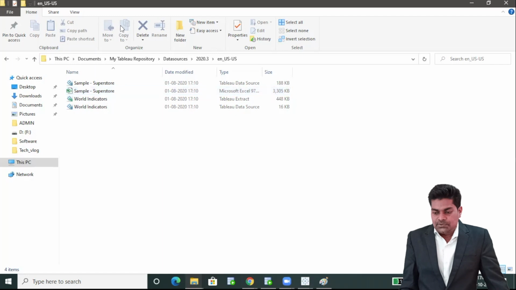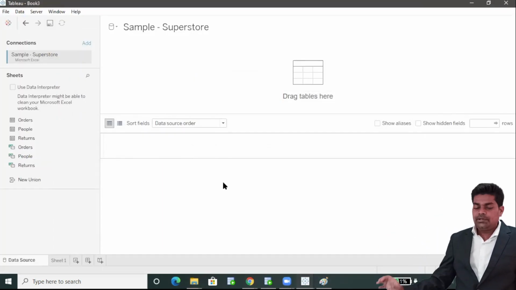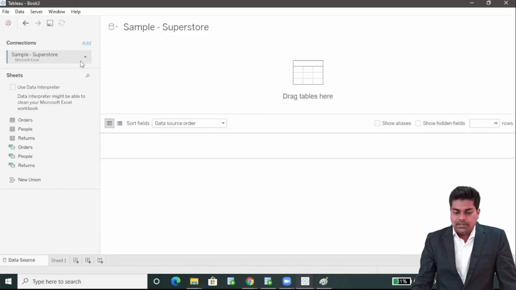So this is the Excel. Let's see. So this is Tableau. Okay, so Sample Superstore is already connected. So I'll again